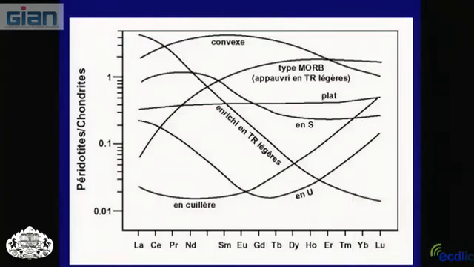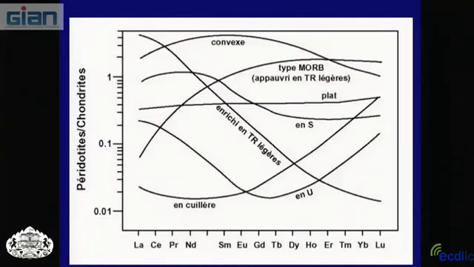So this one, just quickly, is a normal rare earth element diagram normalized to chondrite for the peridotite. Just to show you the complexity of the metasomatism for the change in trace elements. Typically, when you have a partial melting process, you have this kind of pattern, what we call a type MORB pattern, because now you understand when you melt, these rare earth elements are more